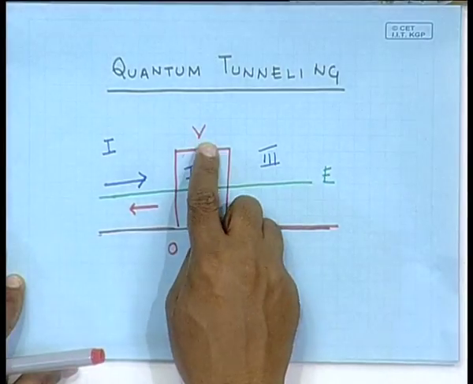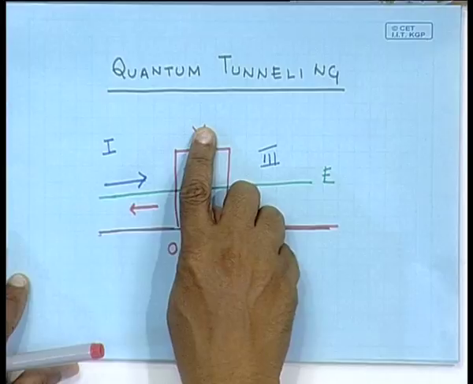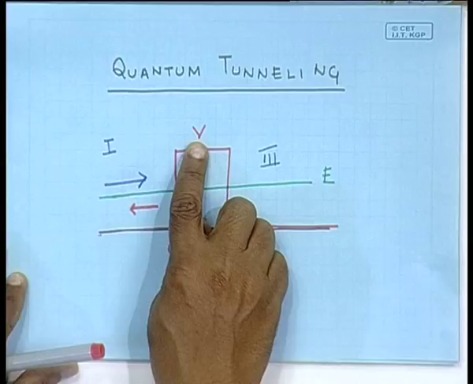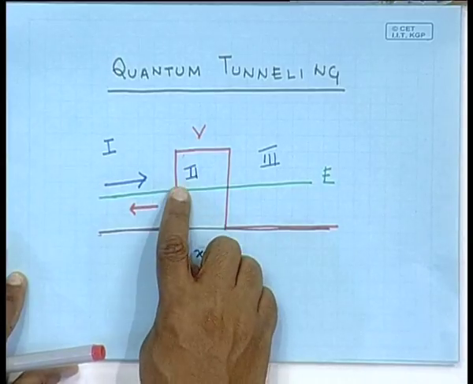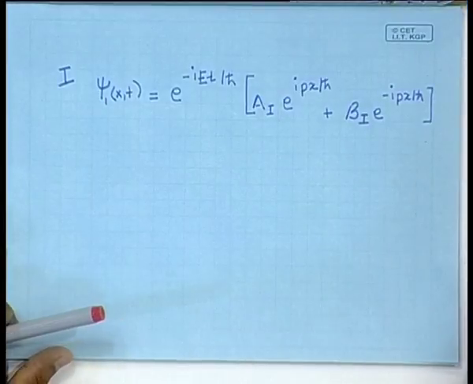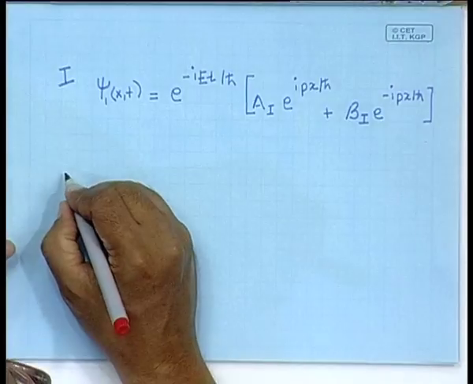Remember that if we were doing classical mechanics, all particles would definitely be reflected back. Now, we have already discussed the behavior of the wave function in this region, where the potential is larger than the energy, and in region 2